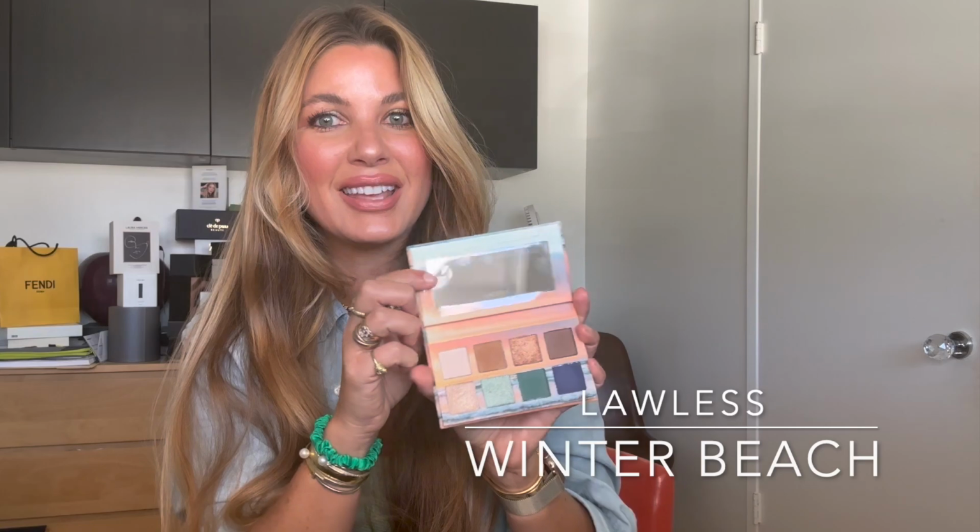It's definitely palette season right now. So many new palettes on the market, but I'm going to show you two. Actually, I have both on in tandem on my eyes right now, and they do feel like relatives of one another in terms of some of the more modern tones selected. This is the Lawless Winter Beach palette, and